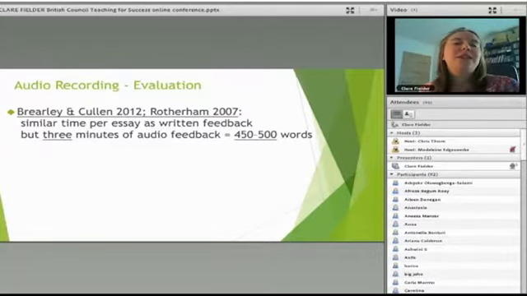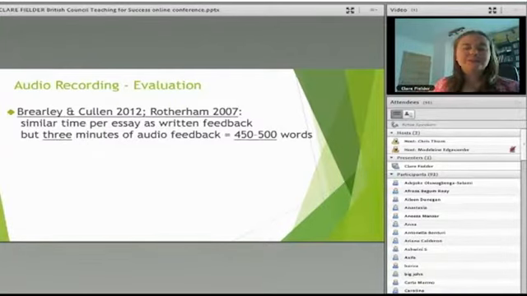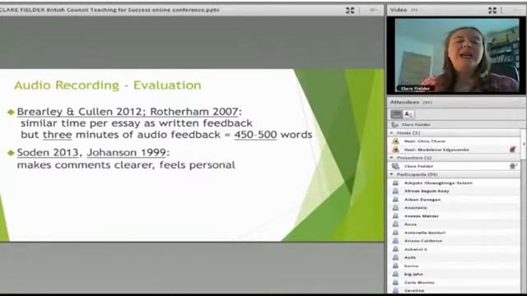So I think giving audio feedback is not necessarily quicker per essay, but in the same time you can give so much more feedback. So Brearley and Cullen, in their study, found that on average in 3 minutes, tutors were giving 450 to 500 words of feedback. And if you think how long it would take you to write that down, I think the time benefit becomes clear.